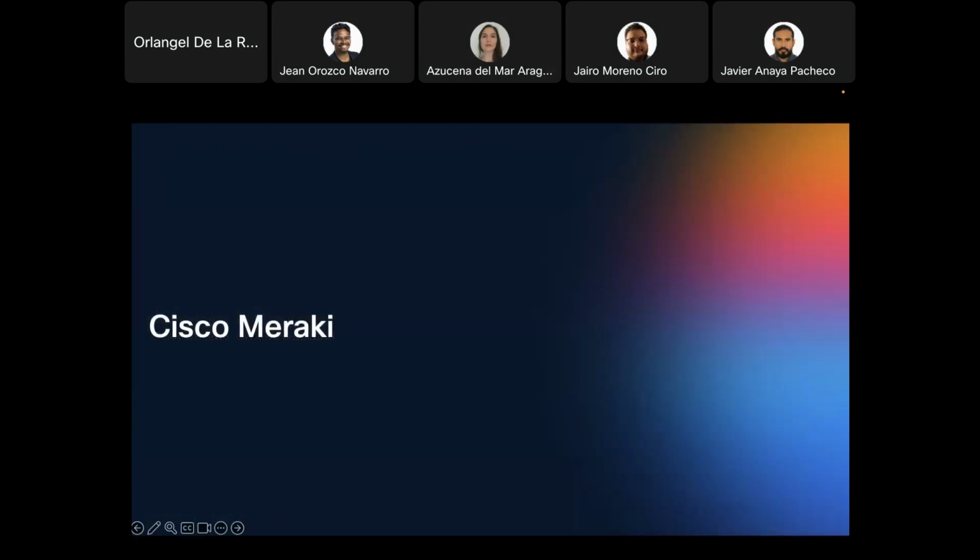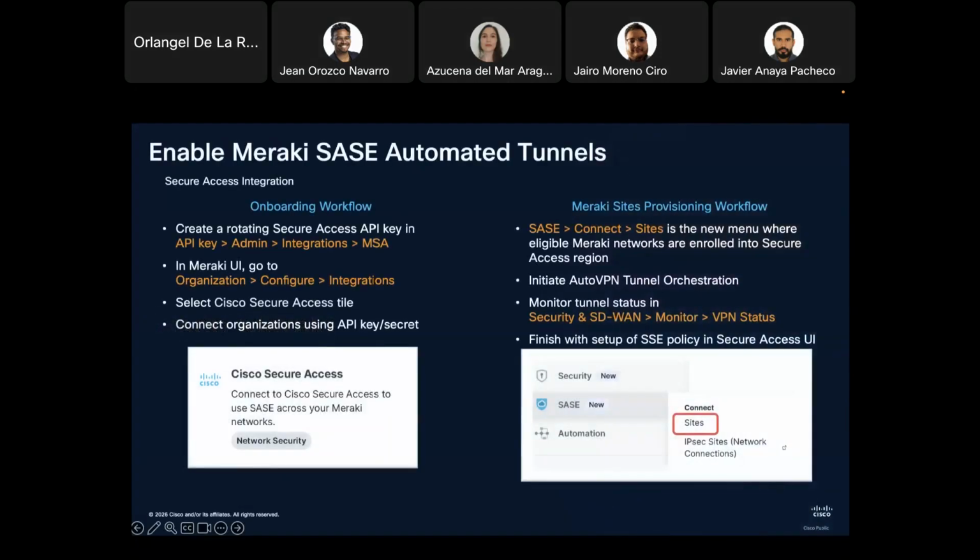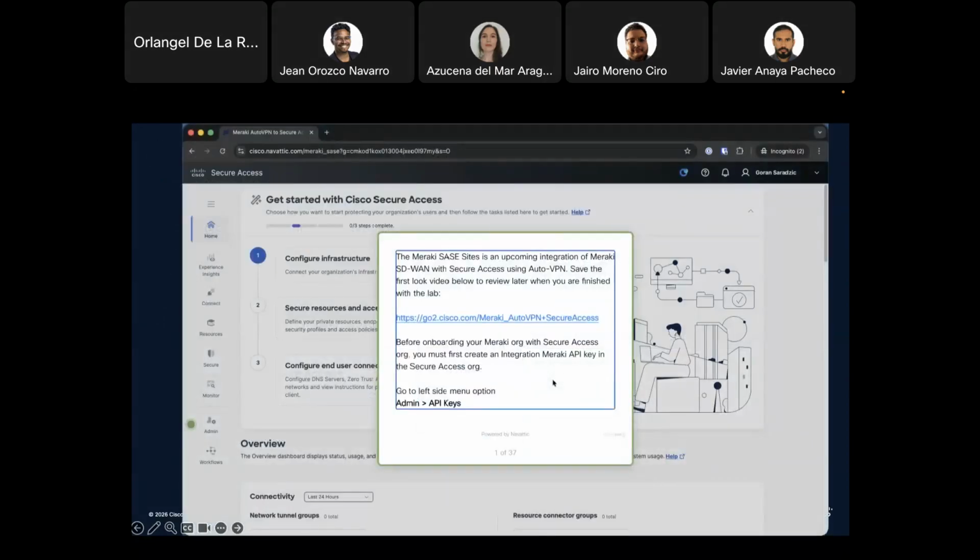For Cisco Meraki, for example, we have pretty much the same thing. Also, automated tunnels. This is just how you would create it. And the concept is the same. Let me quickly show you a demo. So it's going to use the APIs. So the first thing that we do is generate the API key on Secure